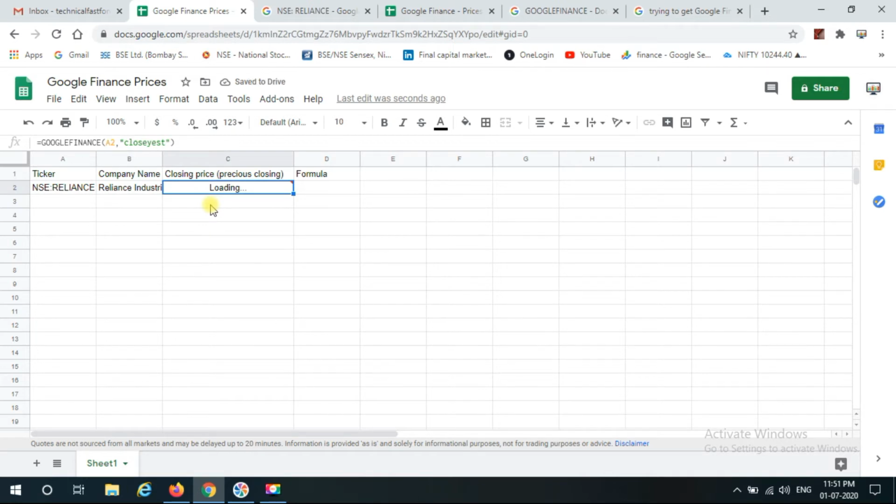Yeah, here it is. We have the prices for Reliance Industries and the formula is Google Finance A2 close.